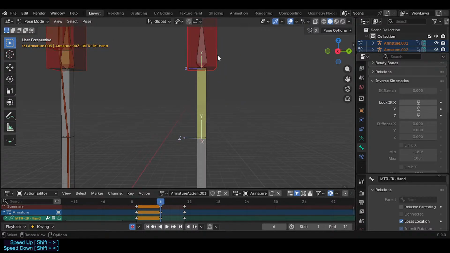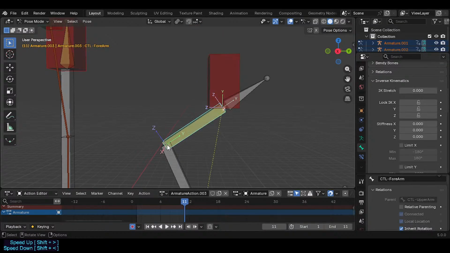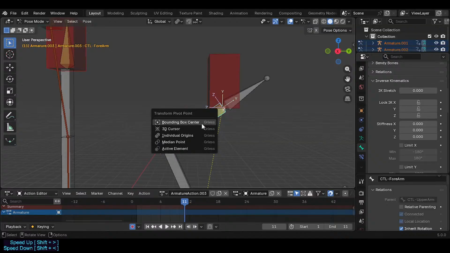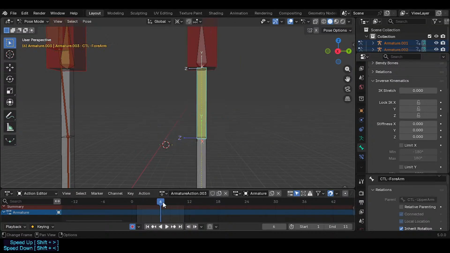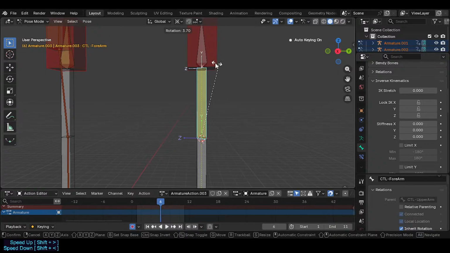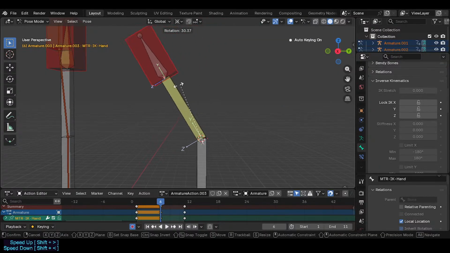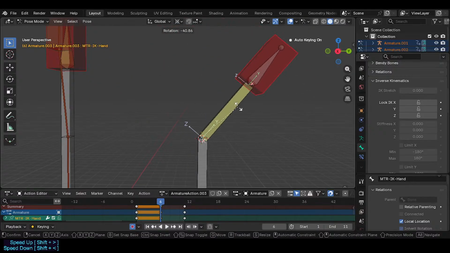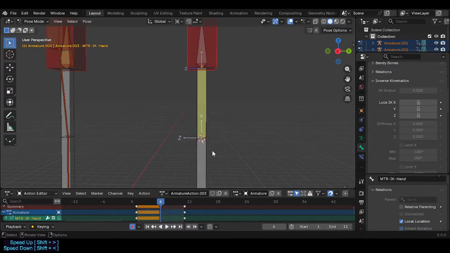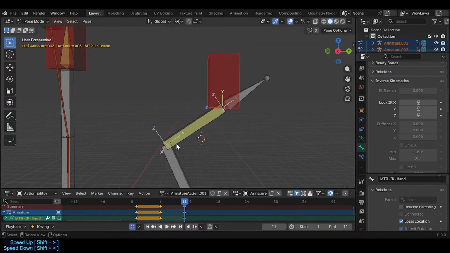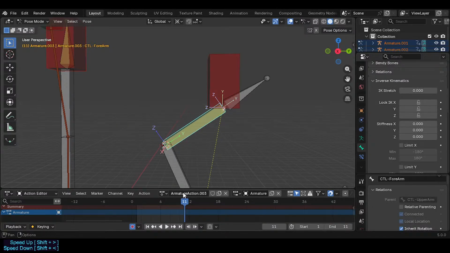So I'm gonna maybe pick this joint here and try to do a circular motion. I am not sure here, but we could use the 3D cursor. This is a terrible example, sorry folks, but then we can try to match the